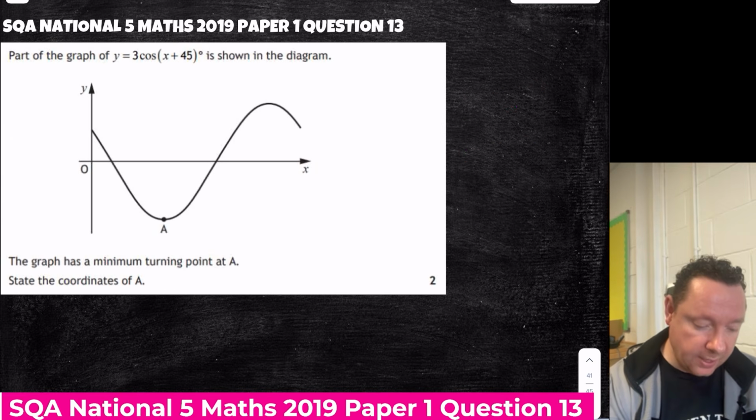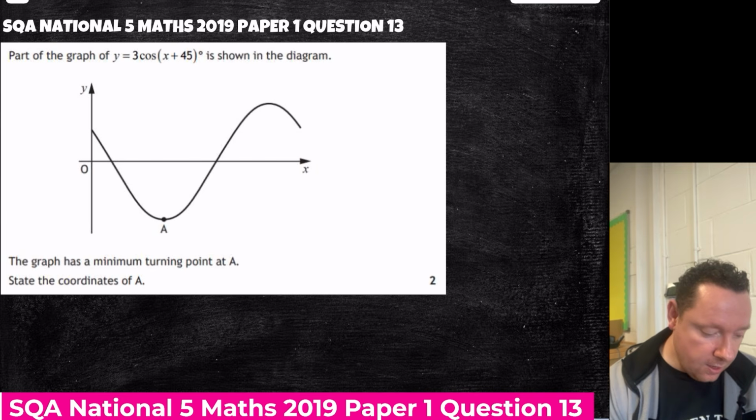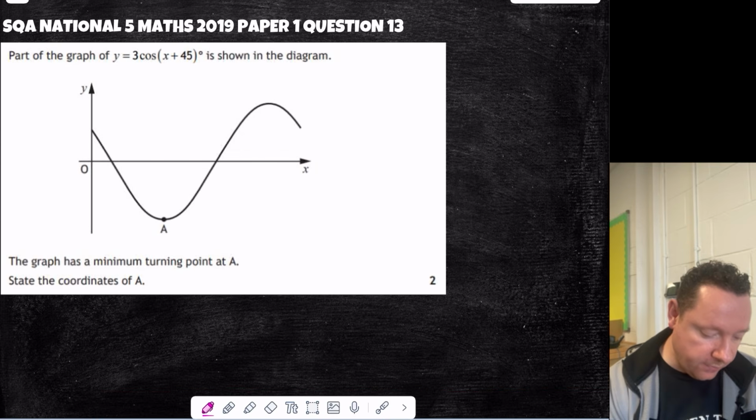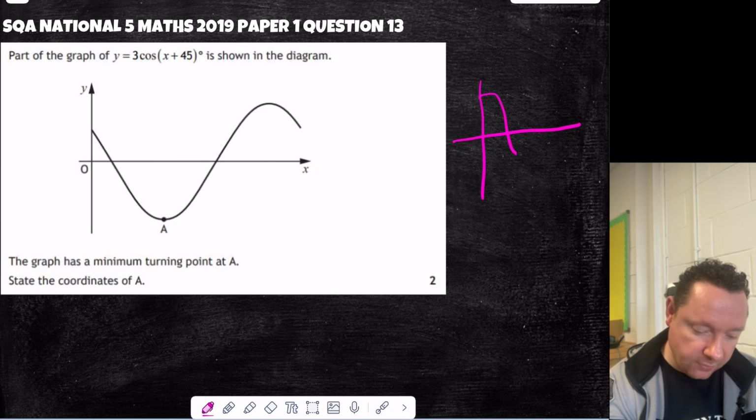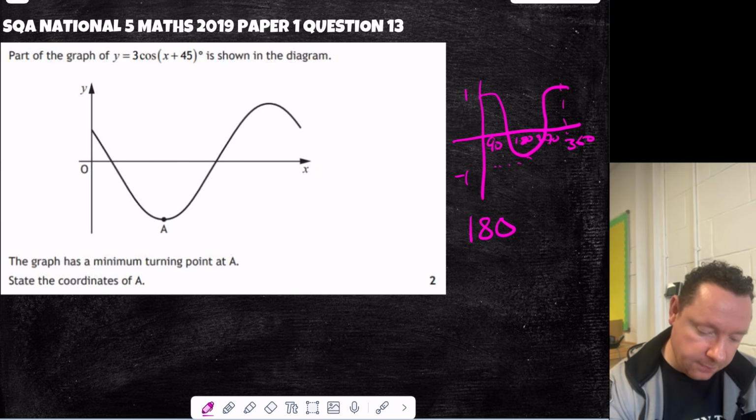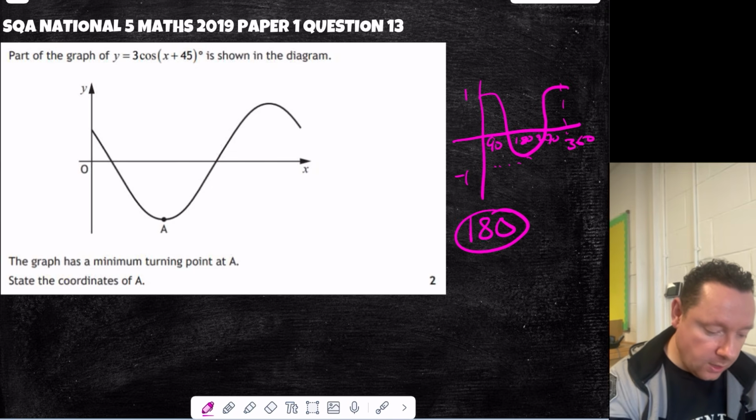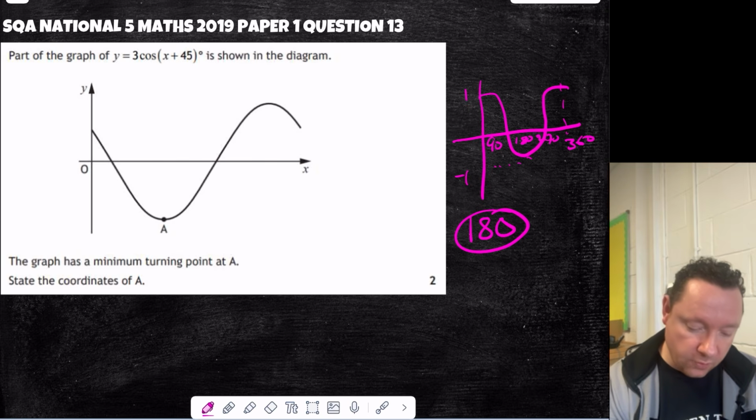SQA National 5 Maths 2019, paper 1, question 13. Part of the graph of y equals 3 cos (x plus 45) degrees is shown. The graph has a minimum turning point at A. State the coordinates of A. Okay, so the best way to do stuff like this is to draw your standard graph to find out where that min is. That min usually is minus 1, at 180 degrees. That's our key. But it's plus 45, so it's shifted to the left